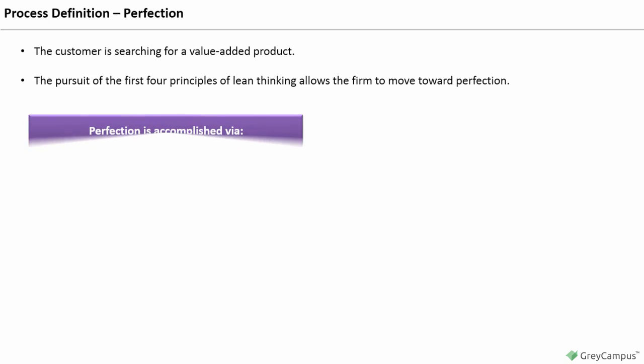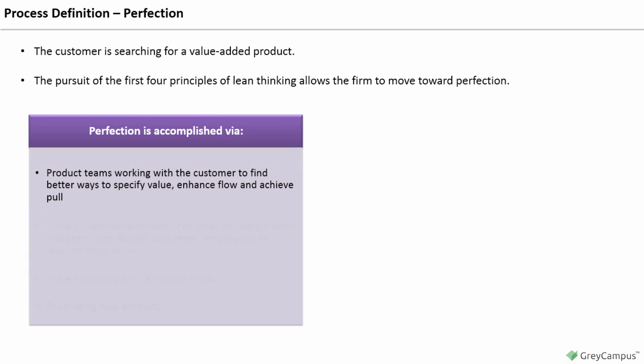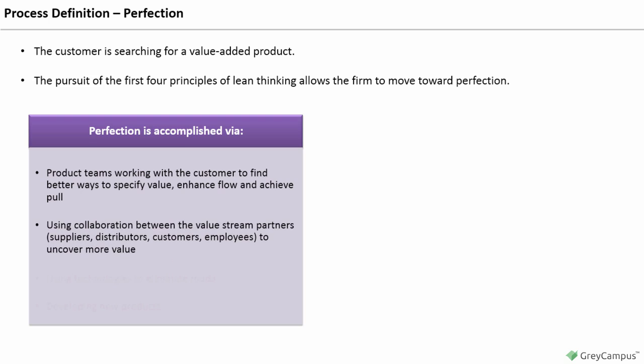Perfection is accomplished via product teams working with the customer to find better ways to specify value, enhance flow, and achieve pull. Using collaboration between the value stream partners, that is, suppliers, distributors, customers, and employees, to uncover more value. Using technologies to eliminate muda. Developing new products. Lean thinking principles are the cornerstones to higher performance and economic growth. Perfection is a journey. Some possible improvement results from lean thinking are